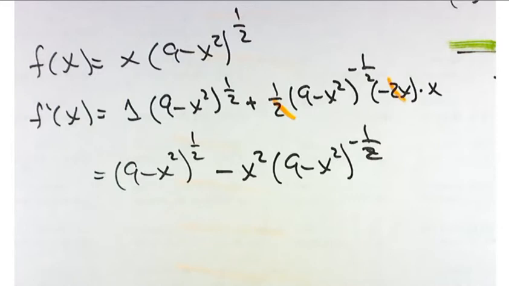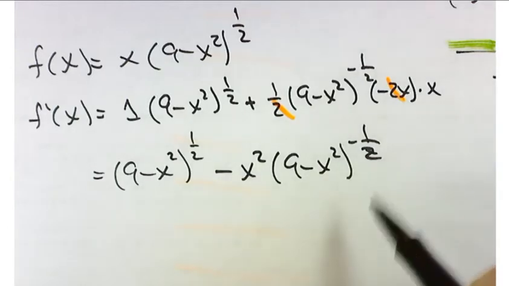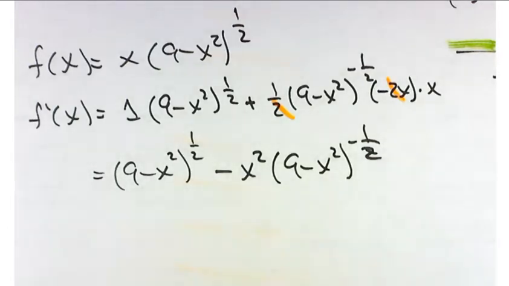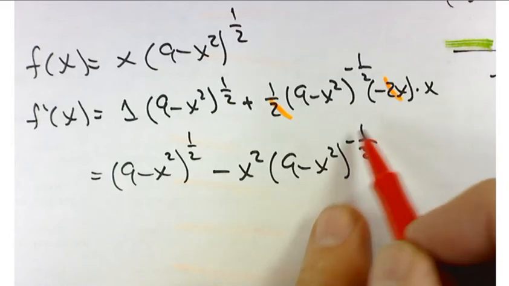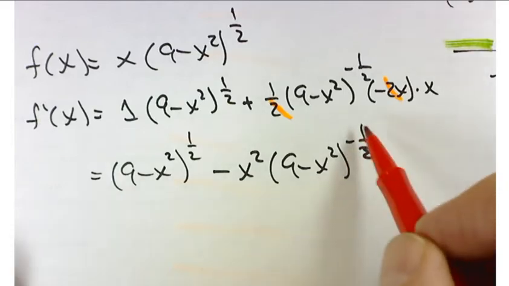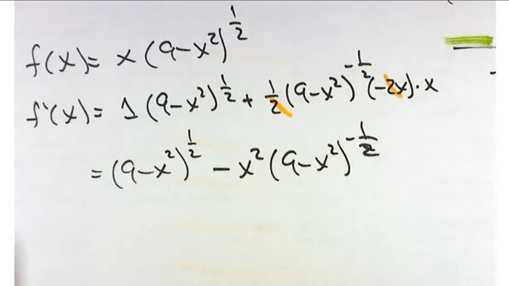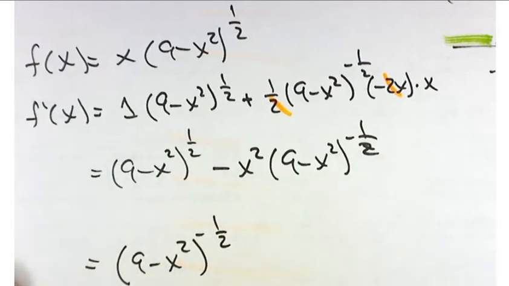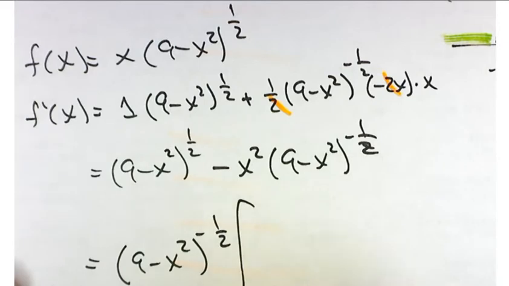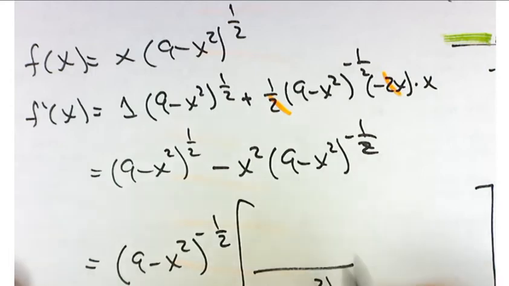Now, I would suggest that if you had to work with this in any way, you'd probably want to clean this up. And we've gone through a few like this before. You'll see some others in other videos that I'll post online. And that is, let's factor out this term with a fractional exponent, this negative fractional exponent. So when we do that, I'll have 9 minus x squared to the minus 1/2. Now when I factor that out, this term, 9 minus x squared to the minus 1/2,